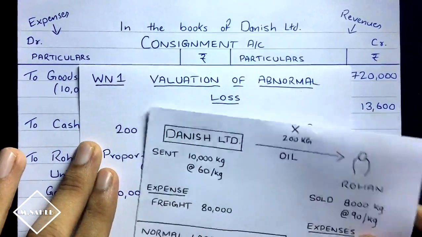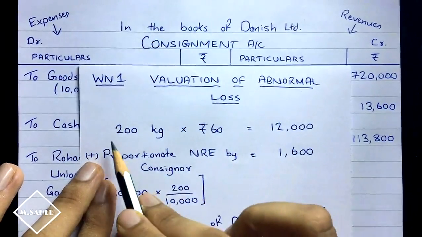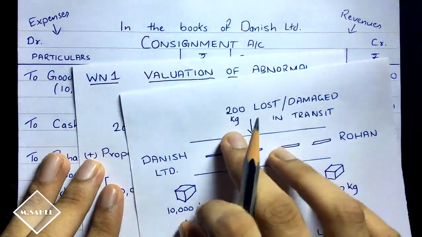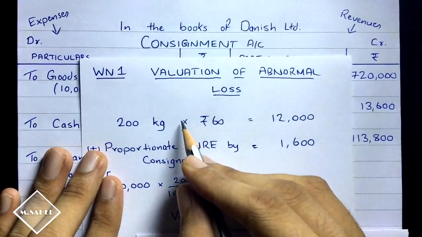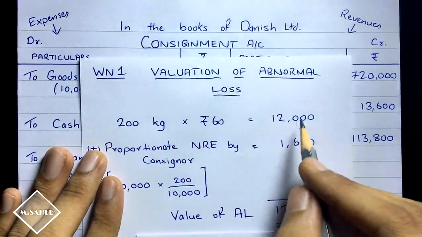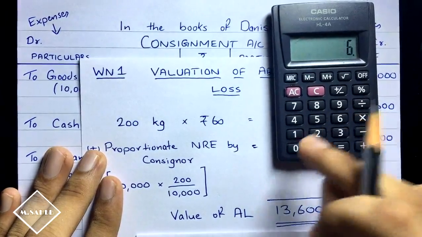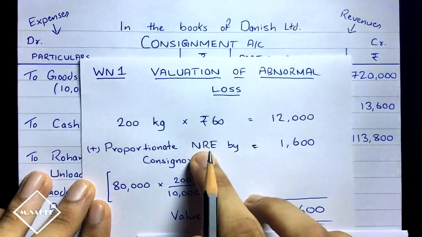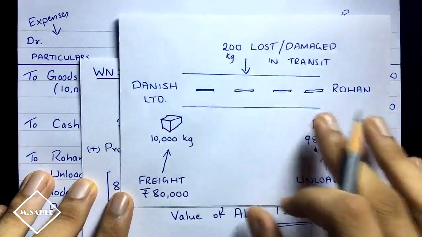It's very simple. The first thing that you need to do is take the cost price of the goods damaged or destroyed. Here in this question it is given that 200 kg was destroyed, so 200 kg that you have to take, and then into the cost price, that is 60 rupees. Simple, 60 rupees per kg, so 200 into 60, that is equal to 12,000. So 12,000, and then you have to add the non-recurring expense, but here we will add the non-recurring expense only by the